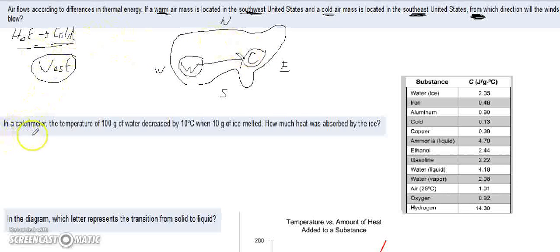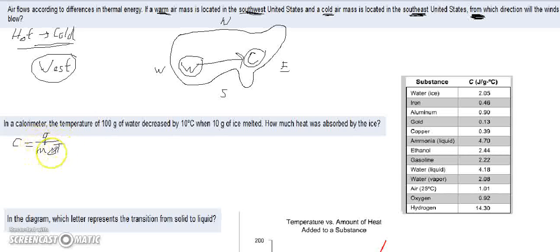Okay, next question. In a calorimeter, the temperature of 100 grams of water decreased by 10 degrees Celsius when 10 grams of ice melted. How much heat was absorbed by the ice? This question is difficult because you have a little bit of extra information and you need to decide what is important. And I think hopefully everyone knows or used this equation, the specific heat equation, C equals Q